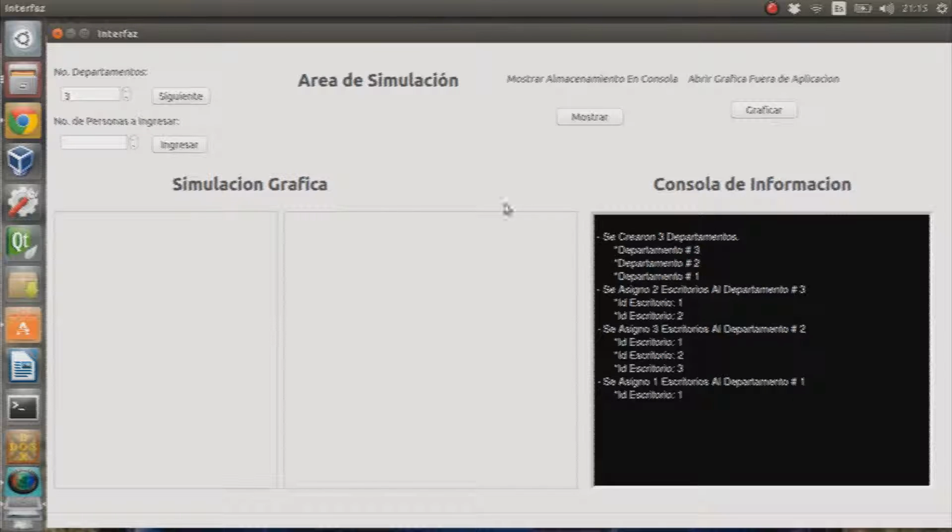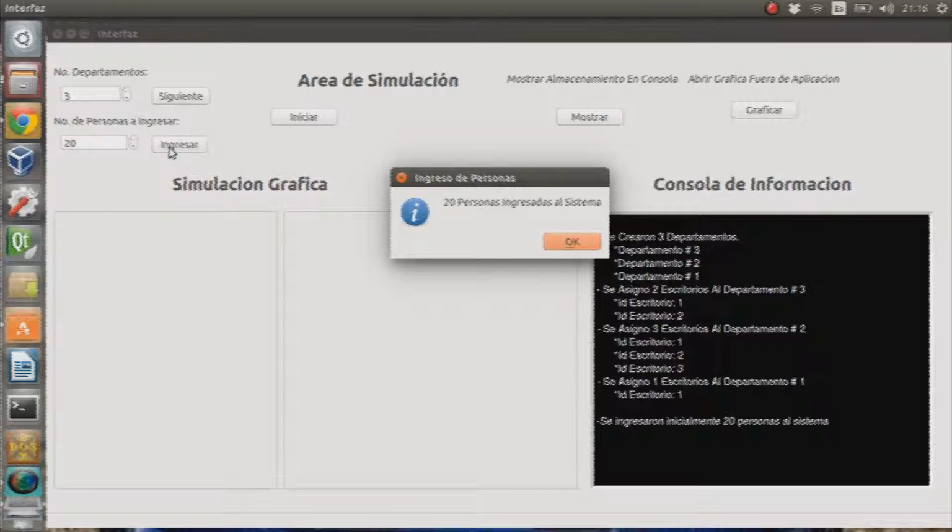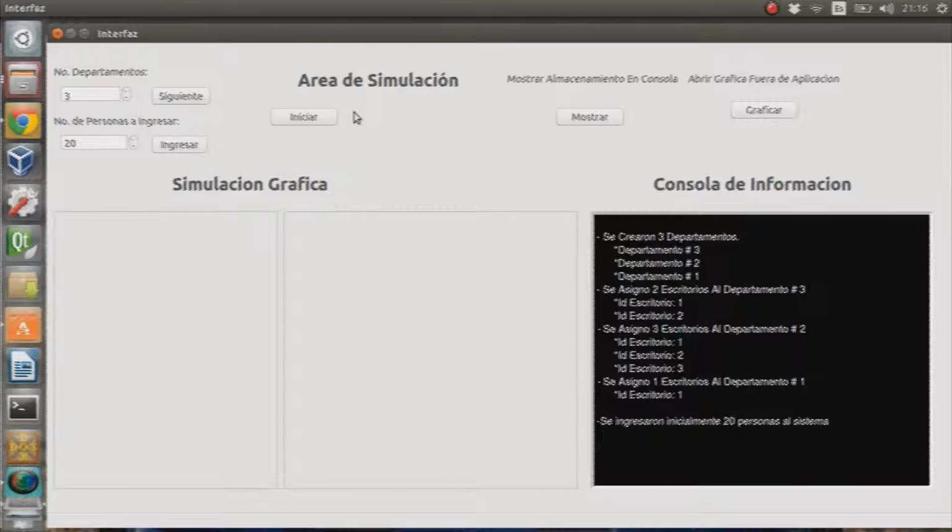So we go to the next step, that is how many people we're going to want to have at the beginning of the simulation. We're going to put 20 people and click on here, and it says 20 people were just successfully added to the simulation. So to start all this process, we're going to click in here,